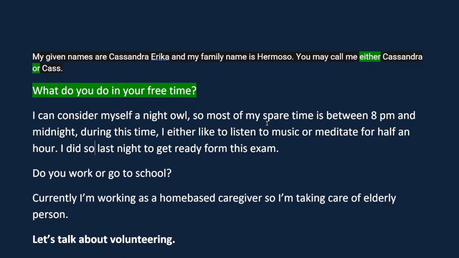Don't take a power nap, right? Because you're a night owl. That means you're staying up. You're either a night owl or you're taking a power nap. You can't be both. It's kind of confusing. You can't be taking power naps as a night owl. Night owl means you're staying up because you have to visualize the owl, right? The owl's got the big buggy eyes and it's staying up and it's not going to sleep. So do not mix night owl with power napping or any kind of sleeping, okay?